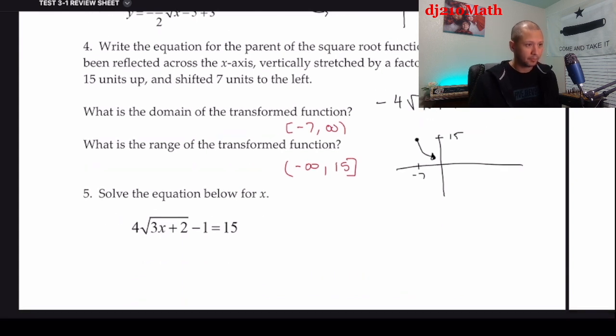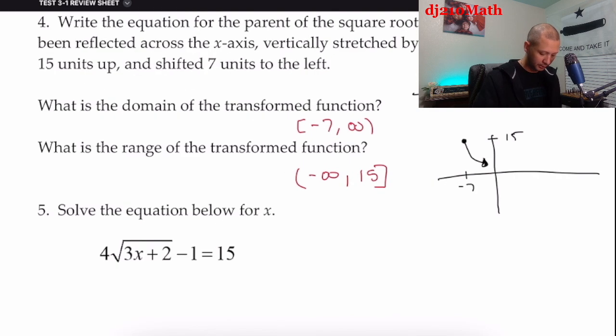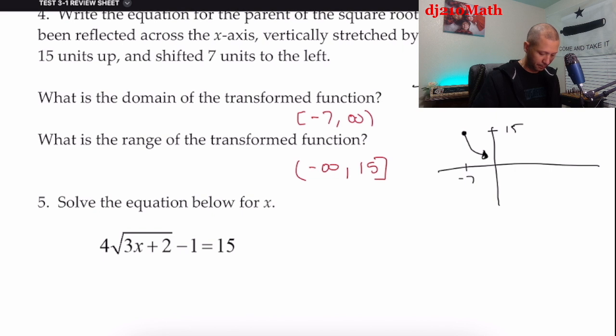Number 5. Solve the equation for x. Okay, this is an ideal situation because it's just one square root. So I'm going to isolate the square root. I'm going to move everything I possibly can to one side, and the square root is by itself. So this is going to be plus 1 to both sides. So 4 square root 3x plus 2